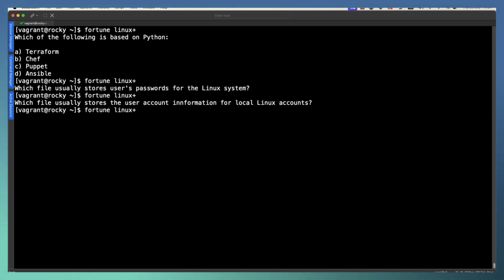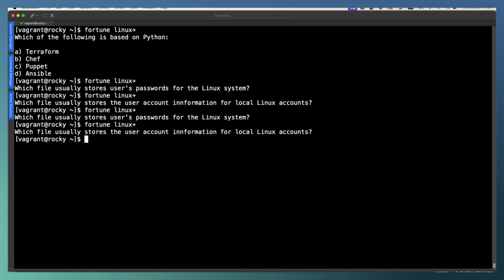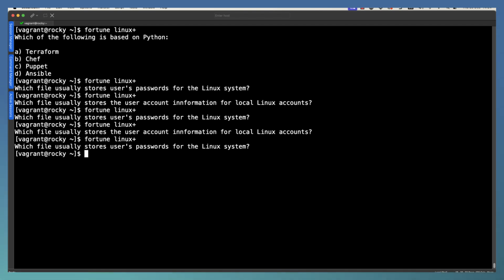Now we've only got a few questions to go through, so we are going to start getting some duplicates coming back. But the more we put in, obviously the more random choice we've got. But this just shows you how the fortune command works, but also how we can start building up our own quotes, ASCII art, jokes, or quizzes to match our needs.